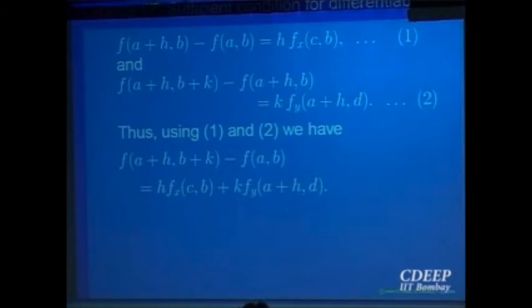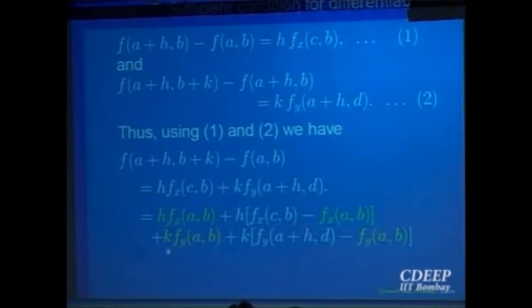So, let us see what we want. Let us add those terms and subtract those terms also, and see what happens to the remaining thing which we have to throw away. So, add and subtract the appropriate things. This is what I want, h f_x(a, b), and I also want k times f_y(a, b). These I want on the right hand side. So, add these two and subtract these two also, and whatever is not required, put it in a box. That is going to be h times your error epsilon 1, and k times the error epsilon 2.